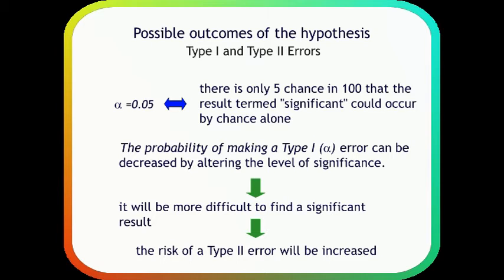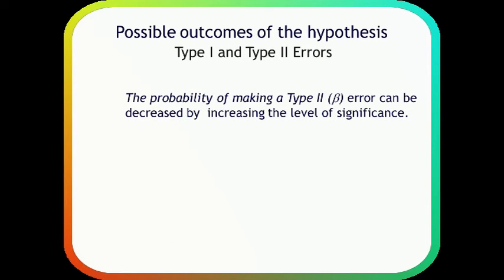So what do we understand from this? If you try to minimize a type 1 error, the type 2 error is going to increase. In other words, we have an inverse relationship between type 1 and type 2 errors. If you go to reduce one, you are likely to increase the other. So if you reduce alpha, that is type 1 error, you are likely to increase the chance of having a type 2 or beta error. So how do we reduce this beta error? Beta error can be reduced by increasing the level of significance, because for alpha we said we reduce the level of significance.